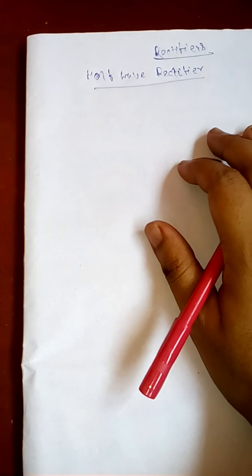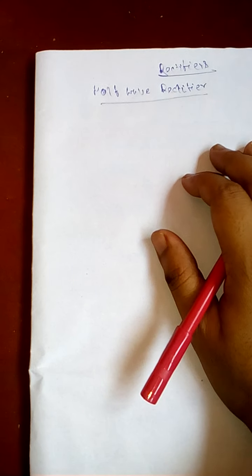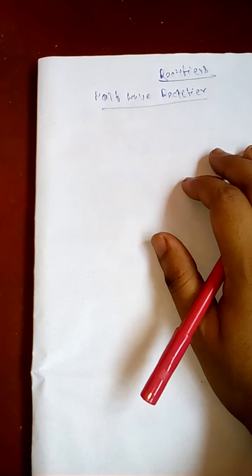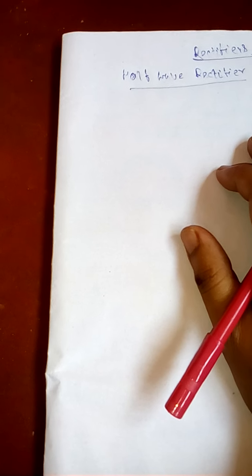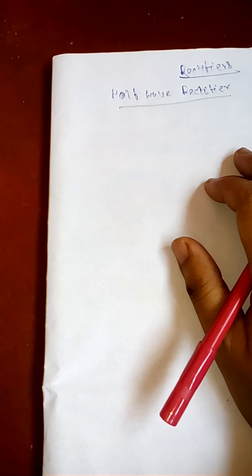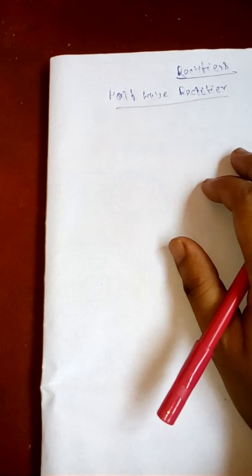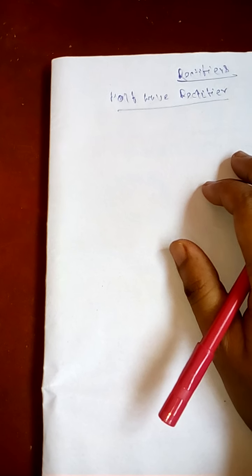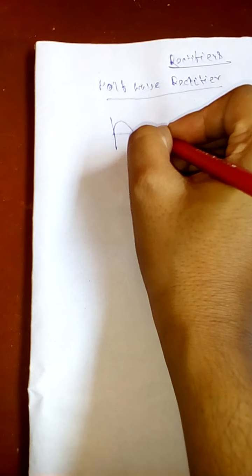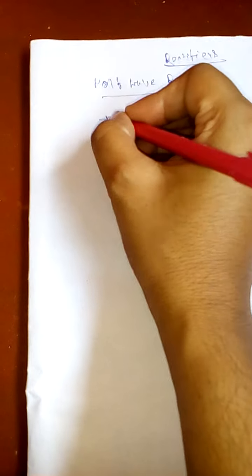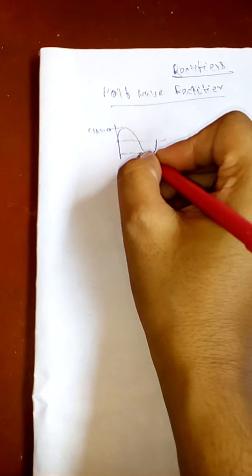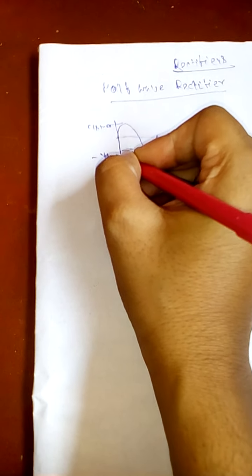In case of a half wave rectifier, when a single rectifier unit is placed in series with the load across the AC supply, it converts AC voltage into unidirectional pulsing voltage using one half of the applied voltage. The other half cycle is suppressed because it conducts only in one direction. Means if we take this as the full waveform, this is Vs max, and suppose this is minus Vs max.